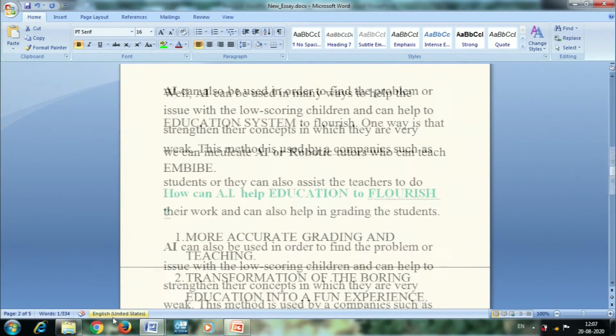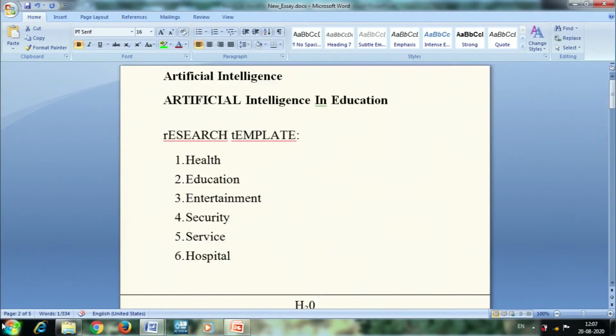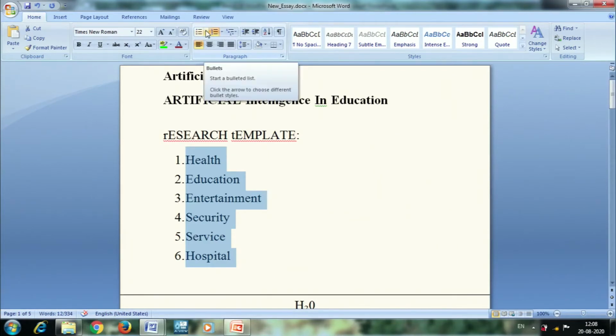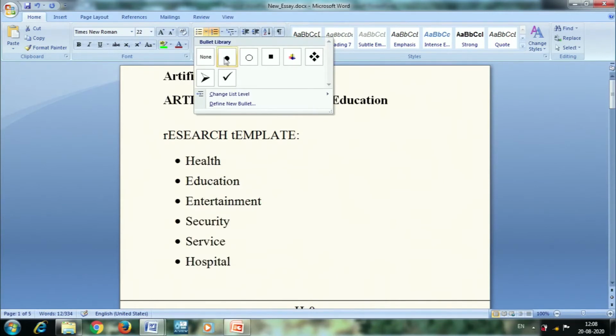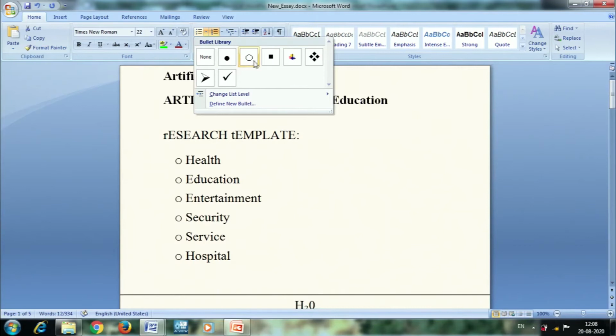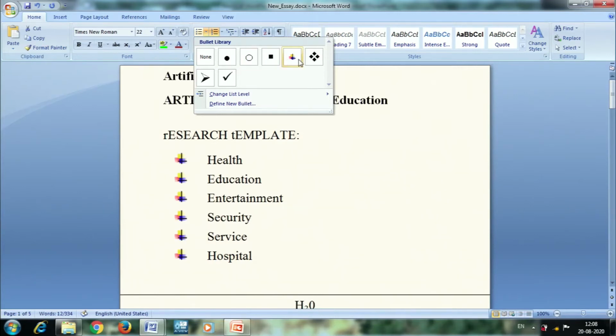Now, when you are making any content, in some places you may have to list out something. Like see here, we have listed out 6 headings, right? 6 points are there. So how can I insert the numbers 1, 2, 3, 4, 5, 6? I can do it manually, or you can also choose the option bullets and numbering. Here if you click, you will get bullets. By default, these are the types of bullets available. You can choose circle, disc, square bullets.